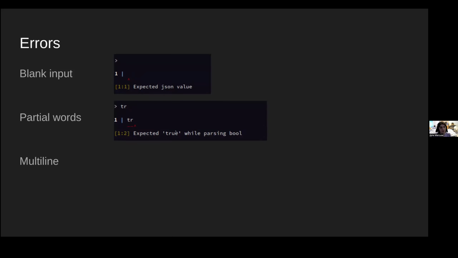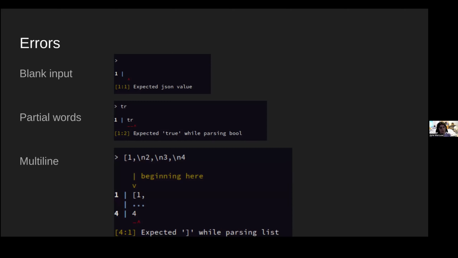And if you give it a partial word, like if you start typing true and you don't complete it, it can actually highlight what specific part of the input it's referring to. So it doesn't only point out an individual character, it can highlight pieces of the input. And if you have an error spanning multiple lines, it can say, it started here on line 1, and then you forgot to close this list on line 4.